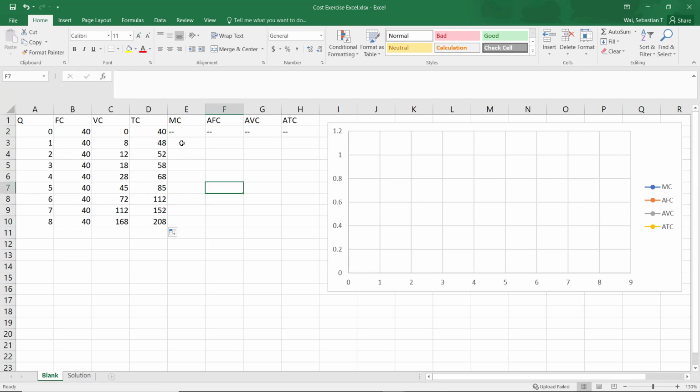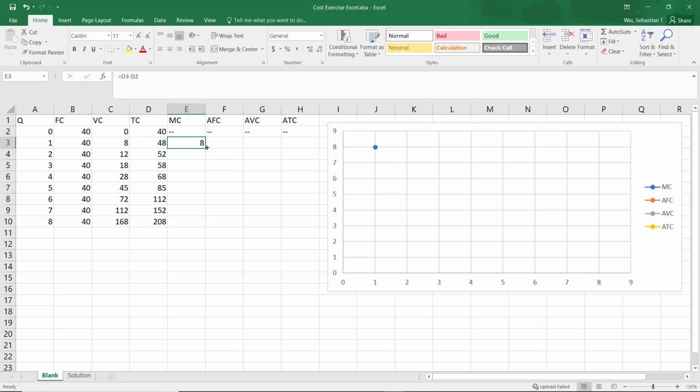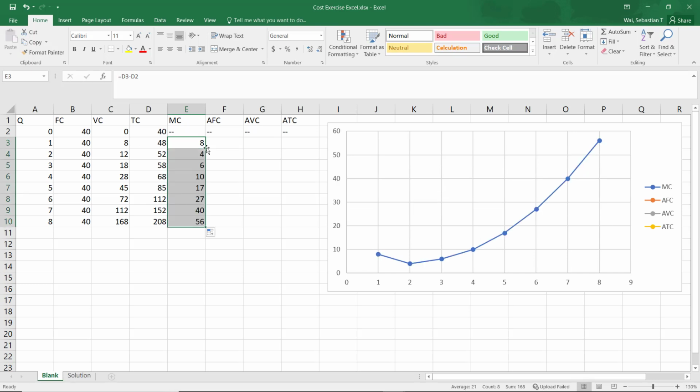For the marginal cost, we have the change in the total cost. So for quantity of 1, I'm going to take the total cost at 1 minus the total cost at 0. If we now copy this formula all the way down, we will get our marginal cost curve. We can see that if we click on each of these cells, the formula has updated for us to move